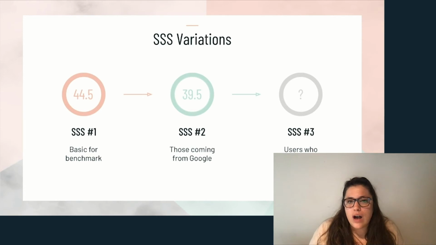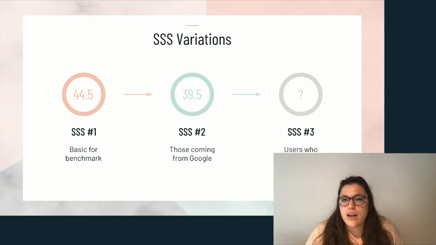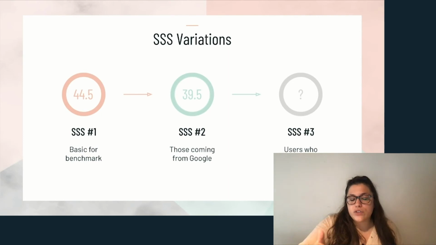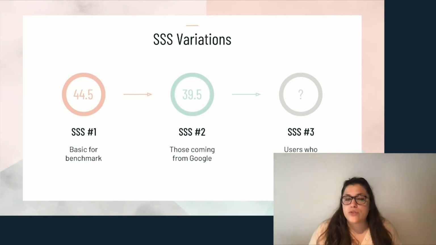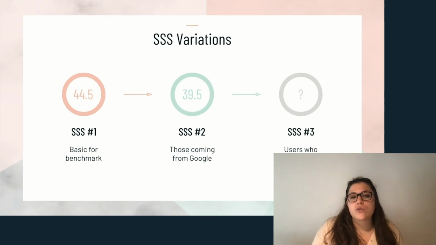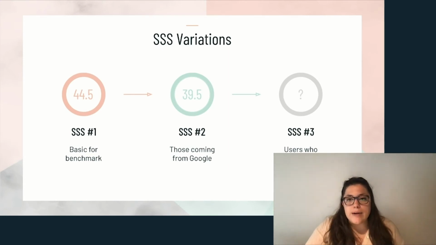And so I think it's really important when you do your self-service score to also make a cohort for yourself for growth. What I mean by that is we have our self-service score number 1, which is our basic benchmark. So this is our basic equation. And now we can look at our self-service score and say, okay, others in our industry perform around 7.1 self-service score. So we're sorted. Cool. That's our benchmark. That's where we're at right now.